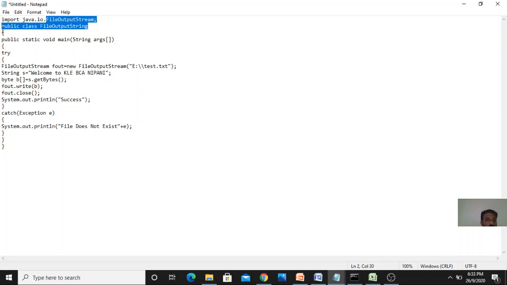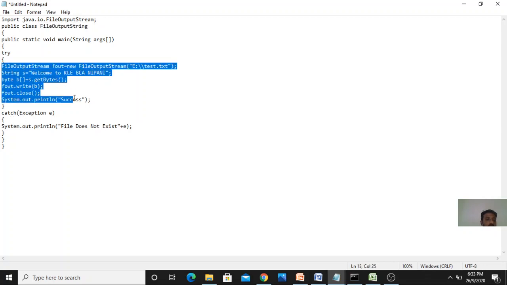I want to access this class, so I am importing the FileOutputStream class. Inside it I have created the main method, and I am using exception handling features, that is try and catch block. The try block contains the code, and the catch block will handle the errors thrown by the try block.